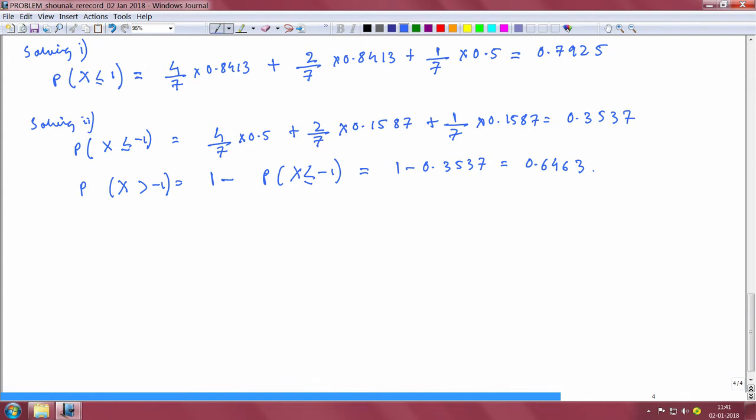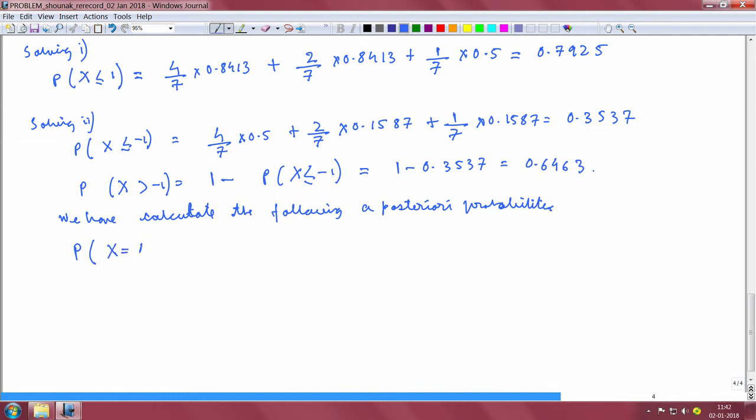So, we have to calculate the a posteriori probabilities, that is, the following probabilities,